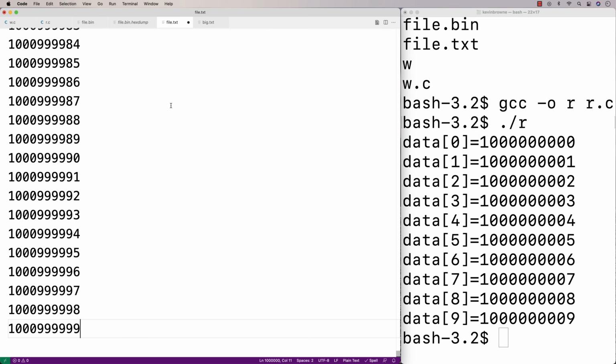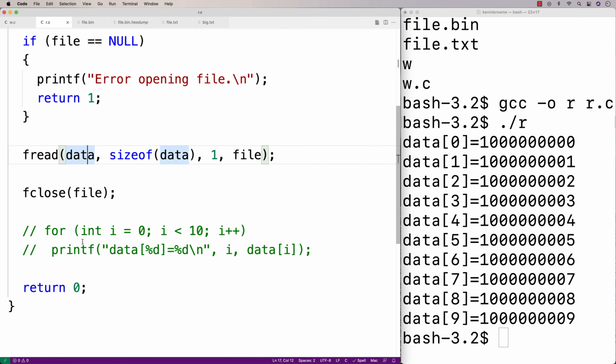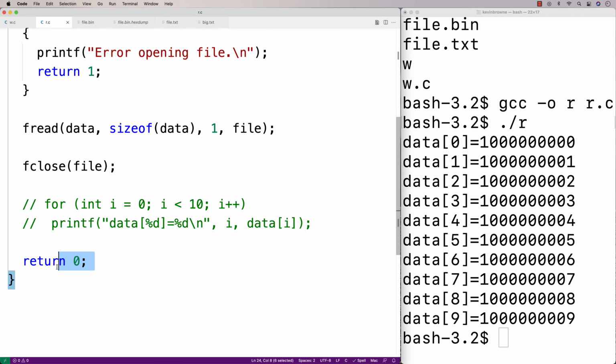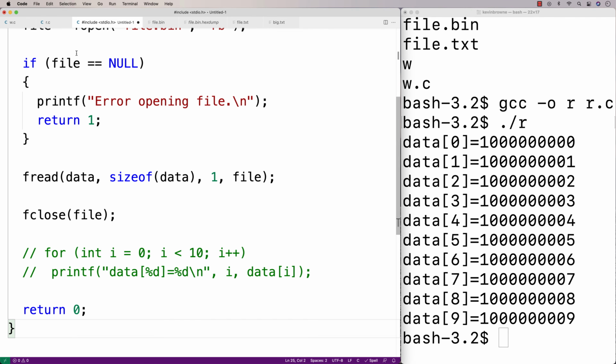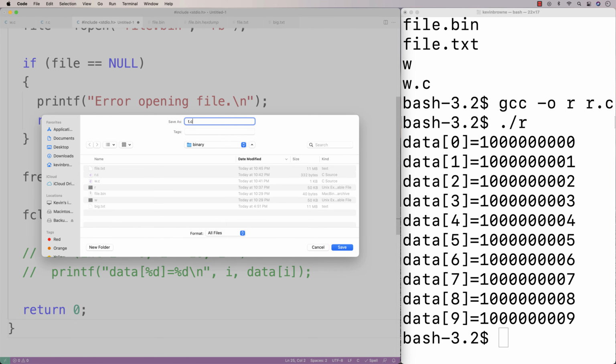And then I'll save this. So now we have a text-based equivalent to the file.bin file that we're going to be creating. So what we're going to do now is make an equivalent program to actually read those 1 million integers that are stored using characters. So I'll make a program called t.c,